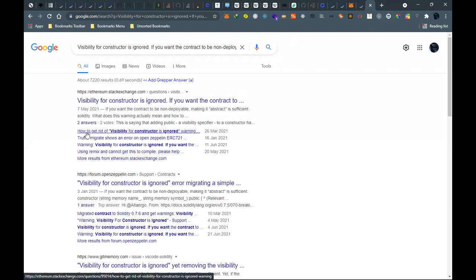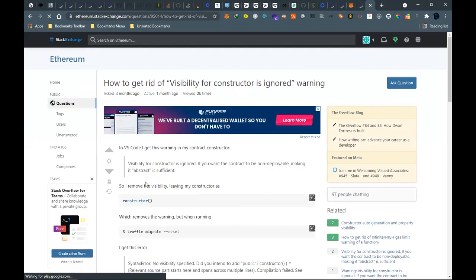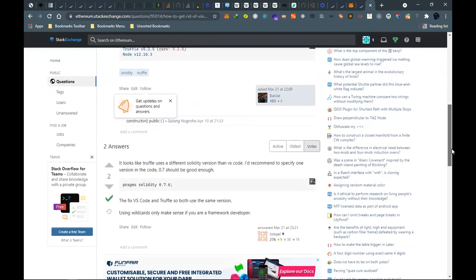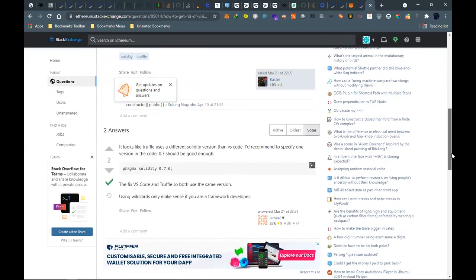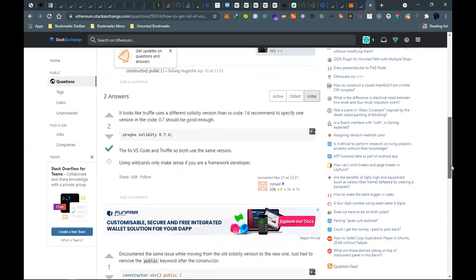So how to get rid of visibility? In the latest compilers, the contract, so if, it looks like Trafo uses a different Solidity version, so they fix the version code. So both use the same version.